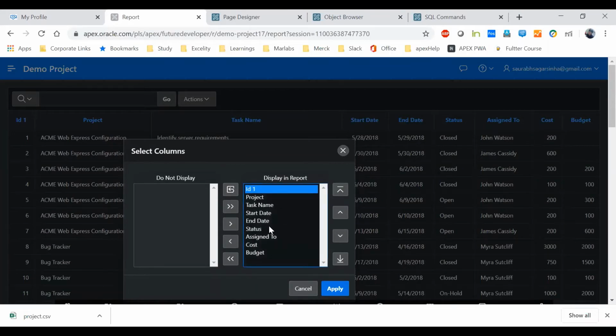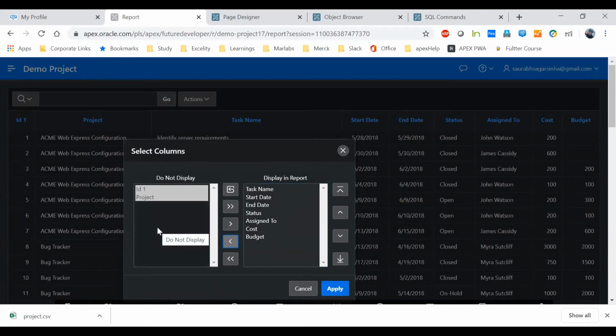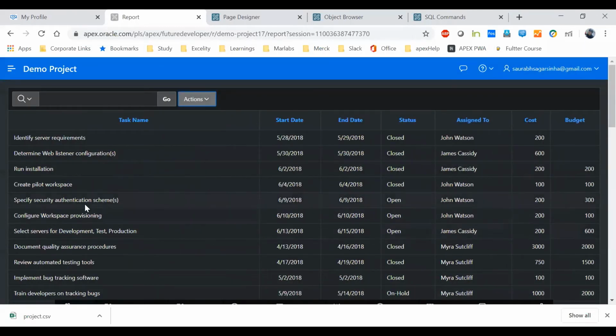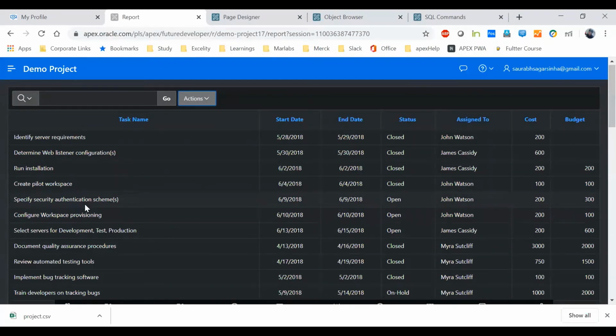You just select it and push it left. As you can see, it is written do not display. You can do multiple do not display columns if you don't want to show them. Then you just click apply. Those columns will not be visible in the report.